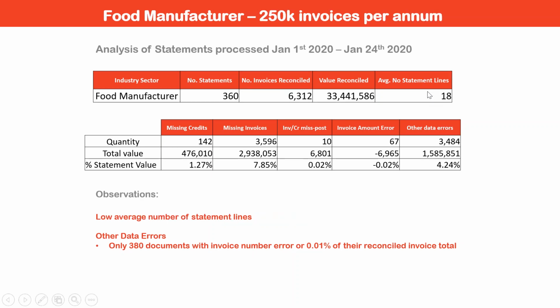which is a food manufacturer. They're doing about 250,000 invoices a year. A low number of statement lines on average, 18 statement lines. They're doing 360 statements a month. But again, pretty good stats on here, all below